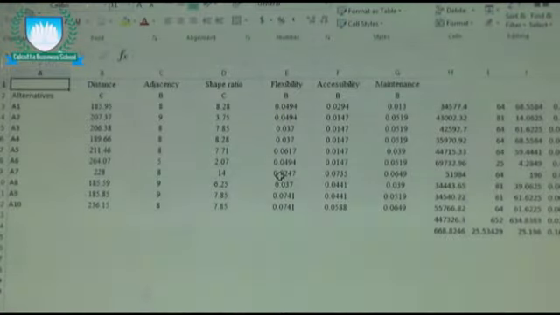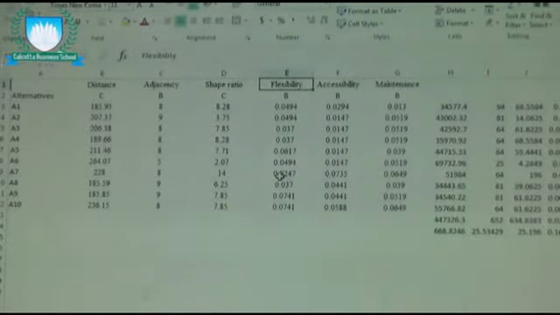actually let me just explain this. There are, let's say, 10 such layouts which have been designed using software. There are many software packages available to design layouts. Now you need to evaluate the alternative, the designed layouts, right? So let us say there are how many? 1, 2, 3, 4, 5, 6 features or